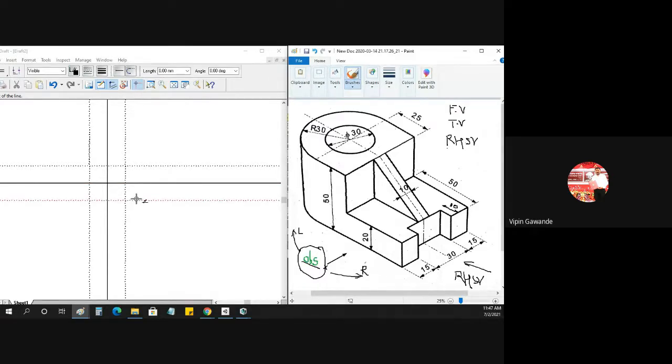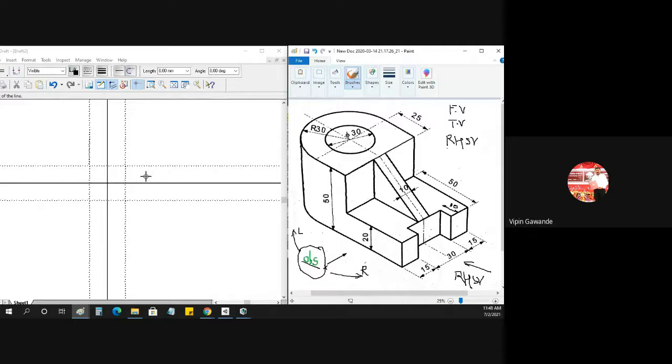You can take 2 centimeters also. That is not a fixed dimension. You can take any dimension, but from all the sides you have to take a uniform dimension. Here I have taken 20 mm: 2 centimeters above, 2 centimeters below, and on this side also 20, on this side also 20. Why take this dimension? Just to write down the names of the views here, and I can also put other dimensions here. That's why you have to take the offset.